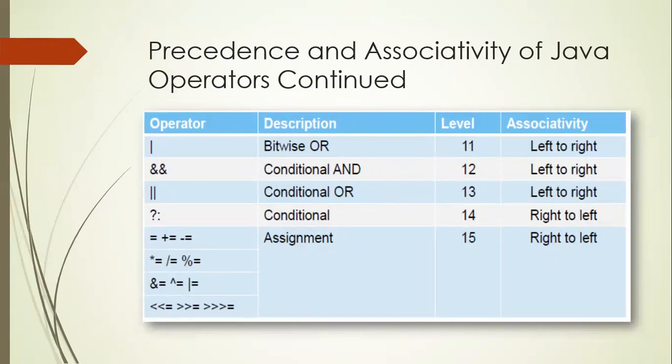Precedence is nothing but the highest priority: the highest precedence operator will be executed first, and then the next priority operator, that means levels. So what is associativity in an expression? If operators have the same precedence, how will you evaluate? They will fight with each other, each wanting to execute first. In that case, associativity helps us: with its help, you either go left to right or right to left. That we need to remember.